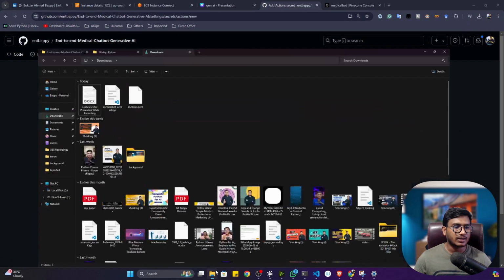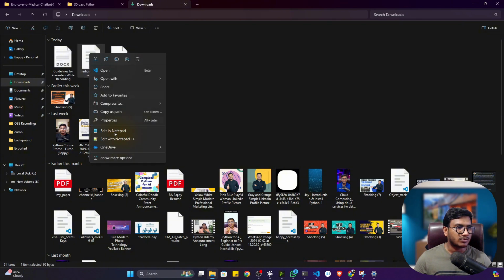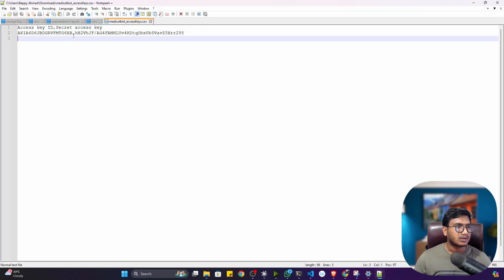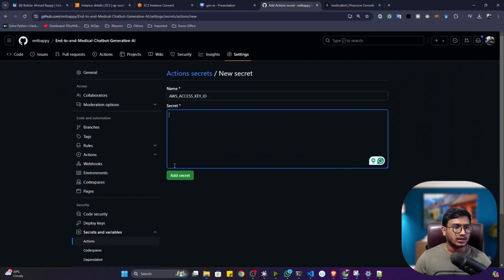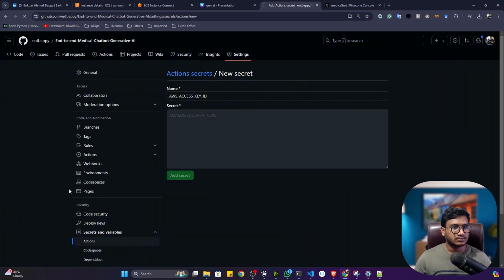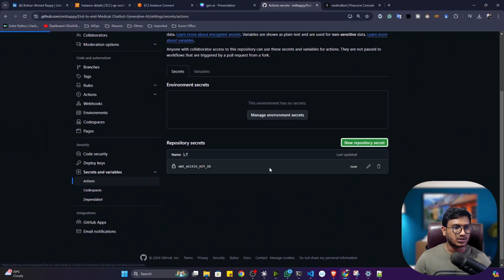And for the value, I think remember we downloaded one CSV file. So let me open this CSV file. I will open it in Notepad++, and this is my AWS access key ID. I'll copy, and here let me paste it. Then the next one I have to give is the secret access key ID. Copy and create another new repository secret and